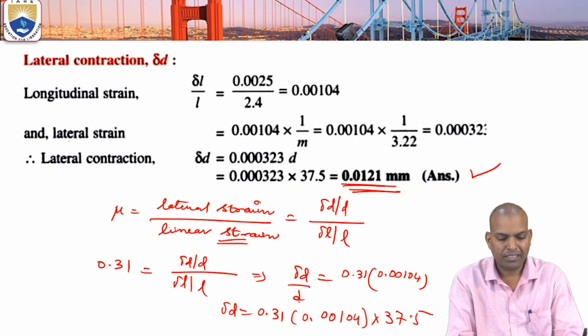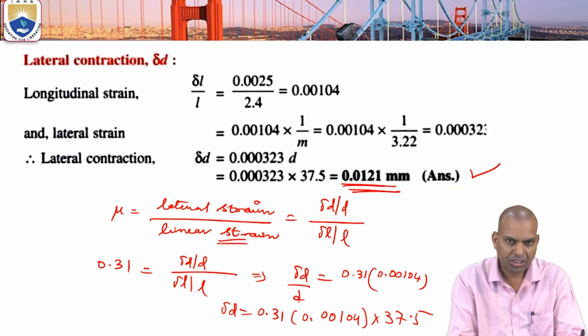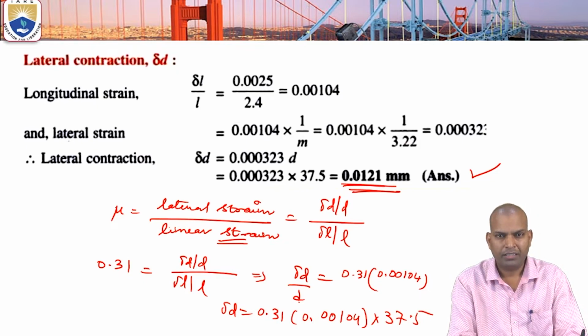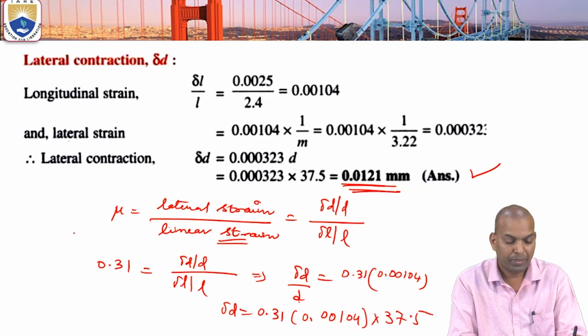Thus we have to calculate this lateral contraction and the bulk modulus by using the formula of Poisson's ratio, the formula which has a relation between E, C and M, and also another formula between E and K. From that we calculated. Bulk modulus can also be calculated if we know the relationship, that is E equal to